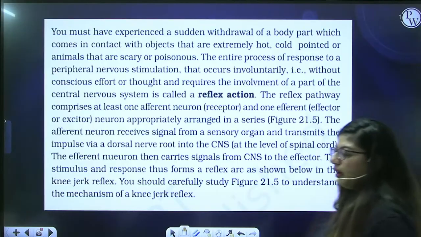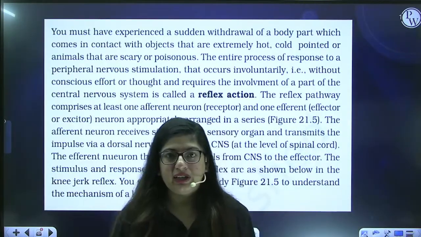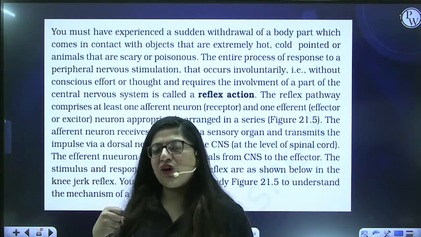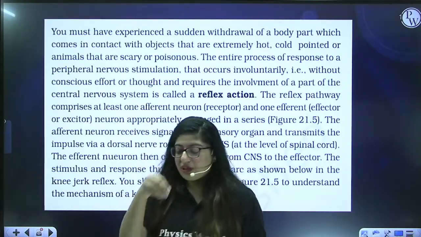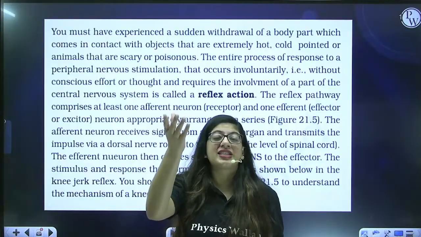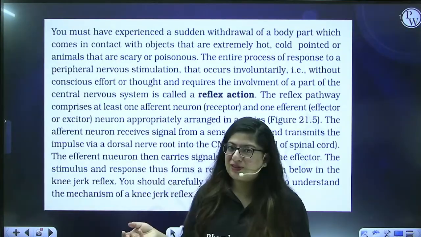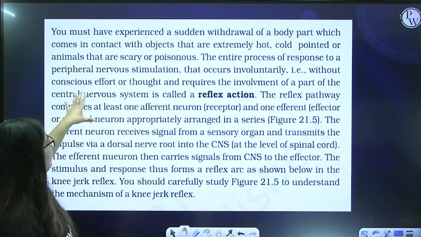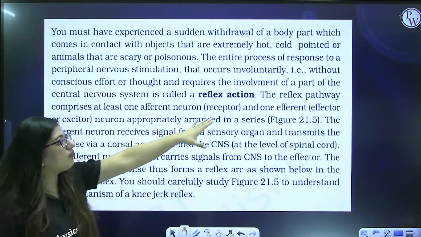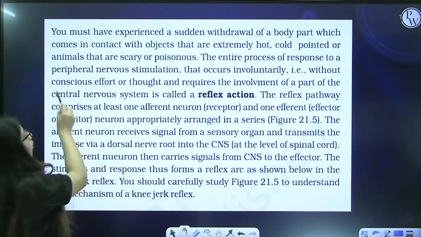For example, if suddenly you put a hand on a bee, and that's a honeybee, you will put your hands away because you have a fear of a sting. Or accidentally you are touching something, it's a rope, but then you find out it's a snake, then you will take it away. So it's also a kind of reflex. Okay, so the entire process of response to the peripheral nervous stimulation that occurs involuntary, that is without conscious effort,